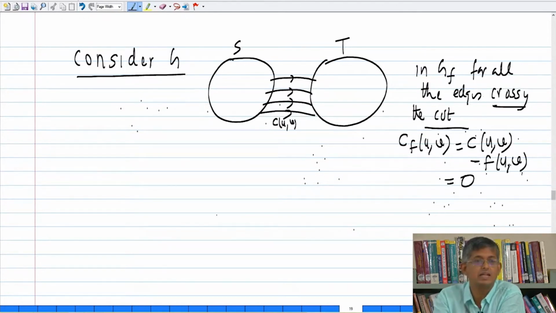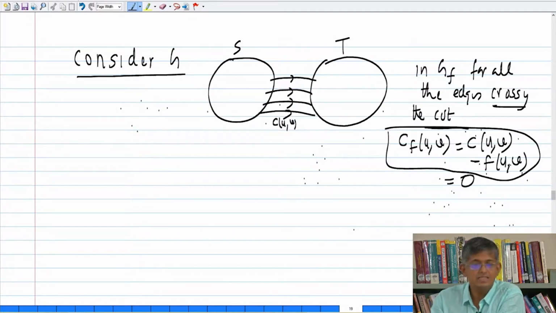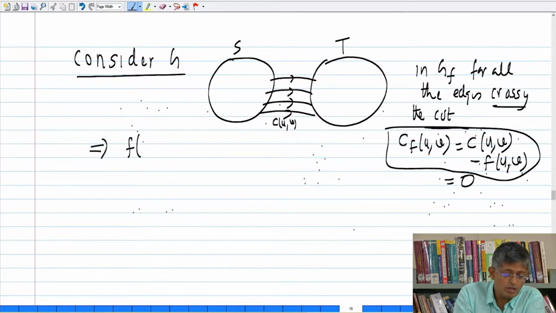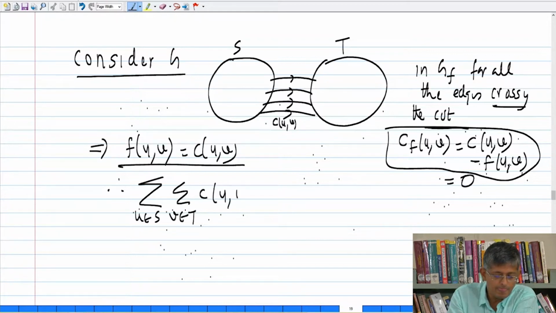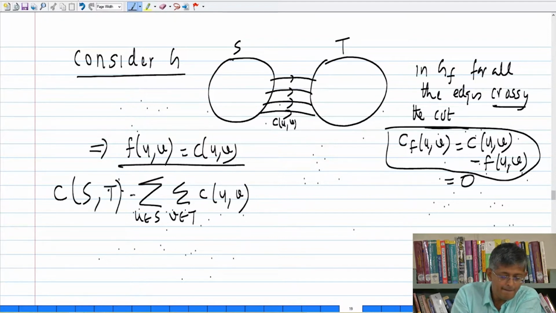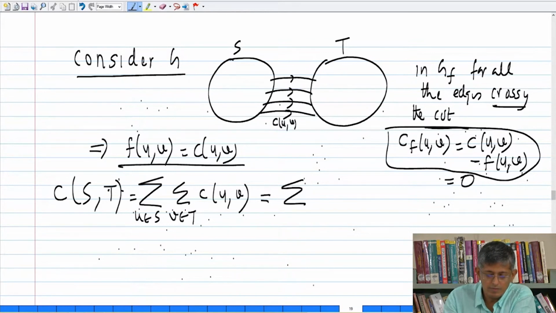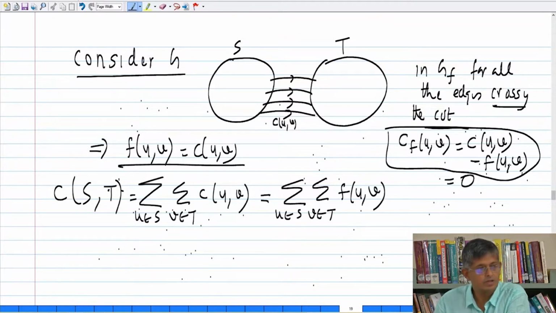What is the formula for residual capacity for an edge which is present in the network? It is this formula, and that's equal to 0, which implies in your flow f(u, v) is equal to c(u, v). Therefore, the capacity of the cut is equal to the sum of f(u, v), which is greater than or equal to